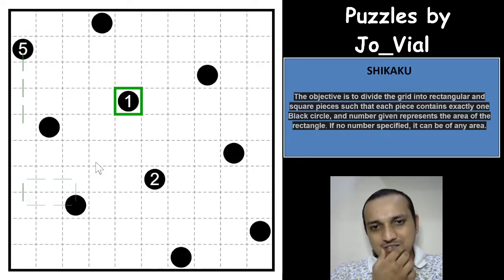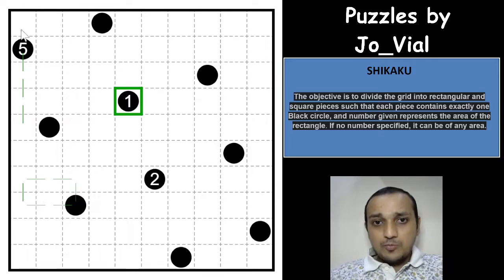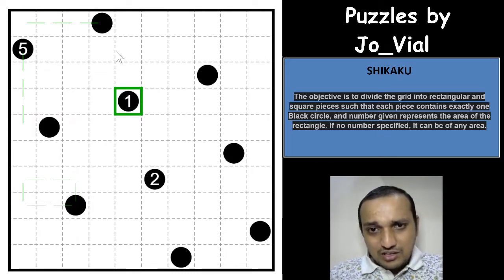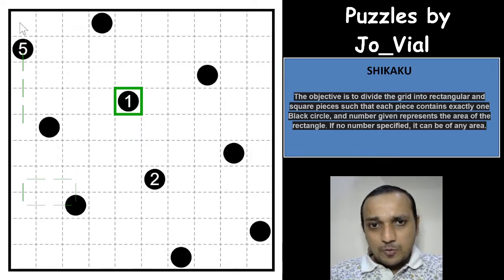Does that help us, guys? Come on. Okay, that helps us because now this cell cannot be taken by this circle, because this circle will either have to take this cell or this cell, and that actually removes both the possibility if we take this cell as by this circle, right?